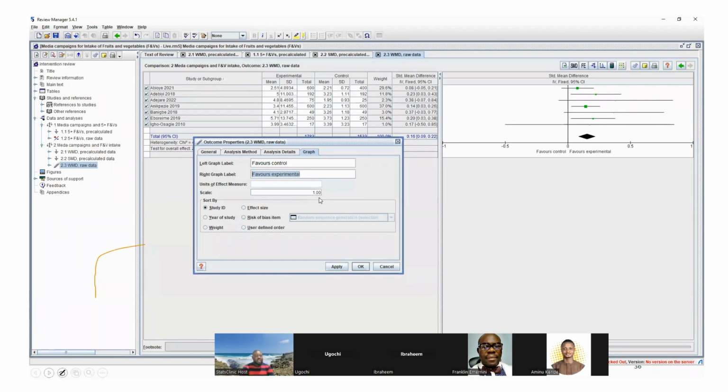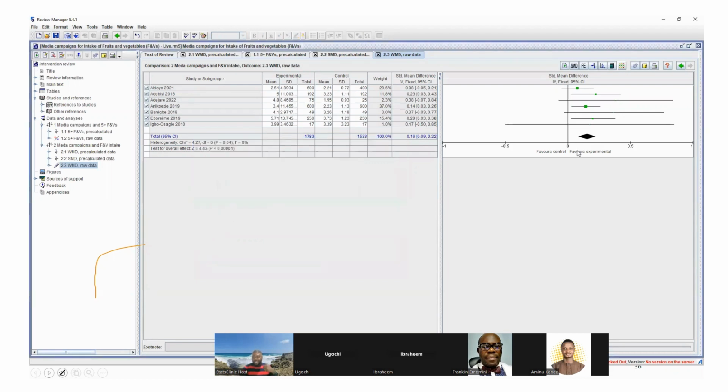arbitrary. The reason why it's crystal clear in my mind is because I learned meta-analysis in Stata for the first time. And in Stata, you don't even have these options. You're the one who writes it in. So Revman is only being helpful by suggesting to you that you could write it like this: favors control, favors experimental. So in Stata, you're the one who's going to click that right side and even type it in. So you will have to edit it. Stata doesn't even have the option unless you use code, right? For you to add it, you have to go type it in using maybe